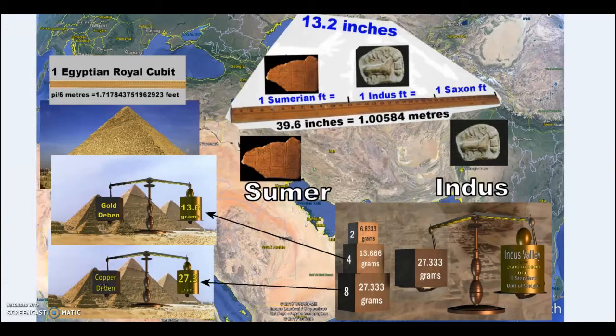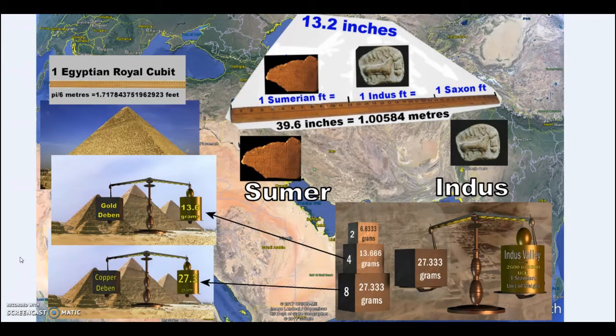In Finkel's part 1, maybe part 2, drew the connections between the Sumerian and Indus foot through the pendulum, how it describes the Great Pyramid, including the sockets, but also how the Indus Valley people were using a weight scale, so built on 27.33 grams, 13.66, just exactly the same as the gold deben and the copper deben, which were used in ancient Old Kingdom, early period of Egypt, as the history books state. But we do know, in very ancient times, these systems of weights have also been incorporated into that,